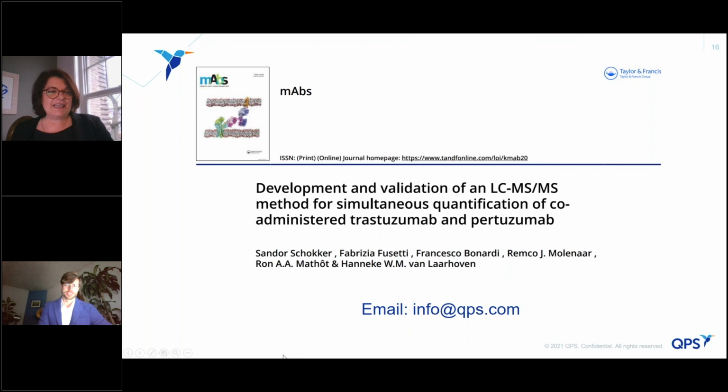Well, the validated assay that we presented today is described in this article published in mAbs in August 2020. The assay is available for PK determination of Trastuzumab and/or Pertuzumab in clinical studies. And if you are interested or you would like to know more about our hybrid mass spectrometry bioanalytical platform, please